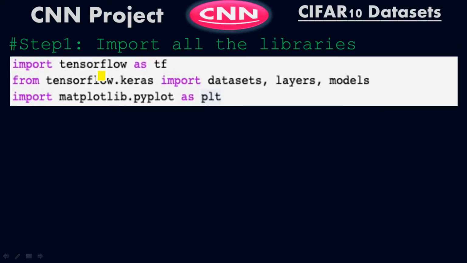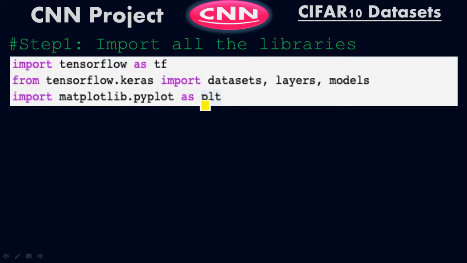And then, from the TensorFlow library, remember, TensorFlow is an important Python library, and then from tensorflow.keras, keras is the submodule of TensorFlow, import datasets, layers, and then models. Look, the CIFAR 10 dataset is a built-in dataset in TensorFlow, which exists inside the submodule keras. Just import these datasets from keras. Import datasets and then layers and then models, because we need the CNN model layer by layer. And then import